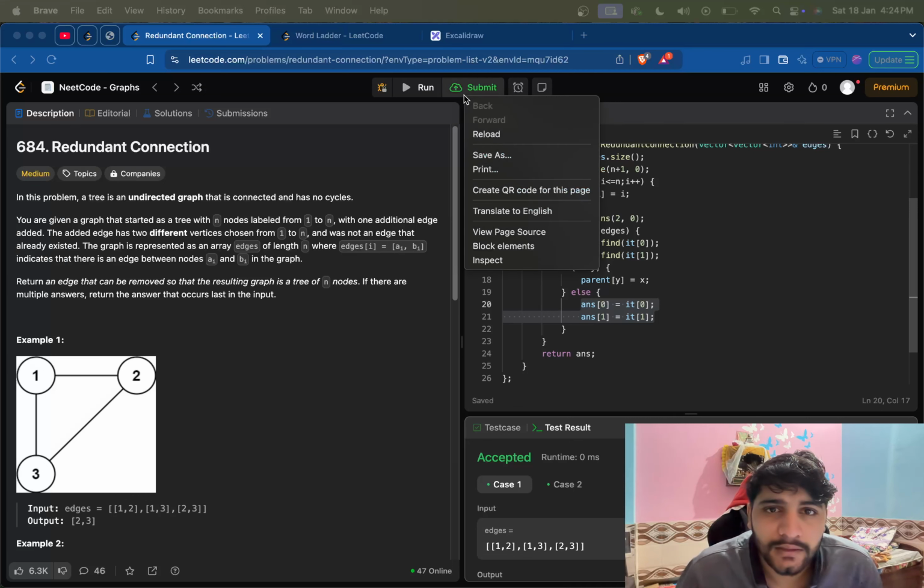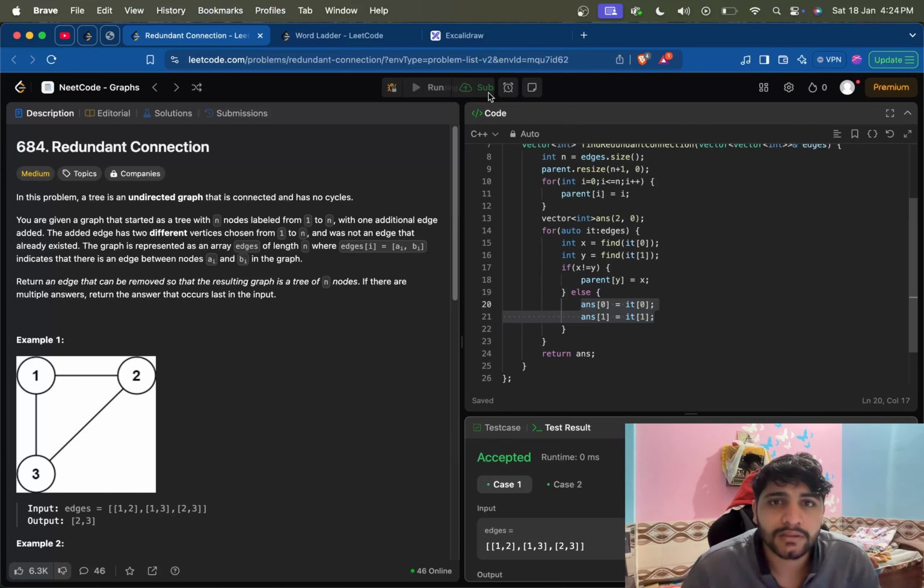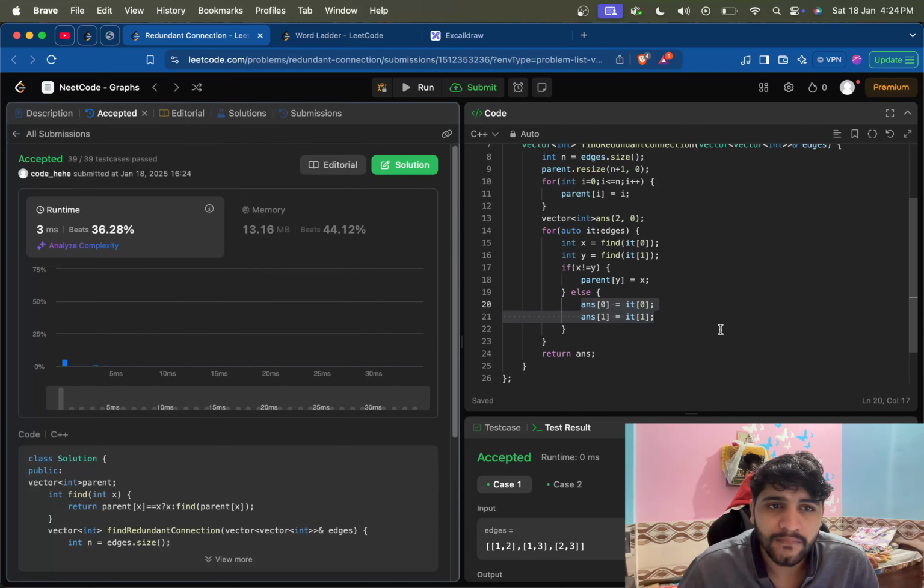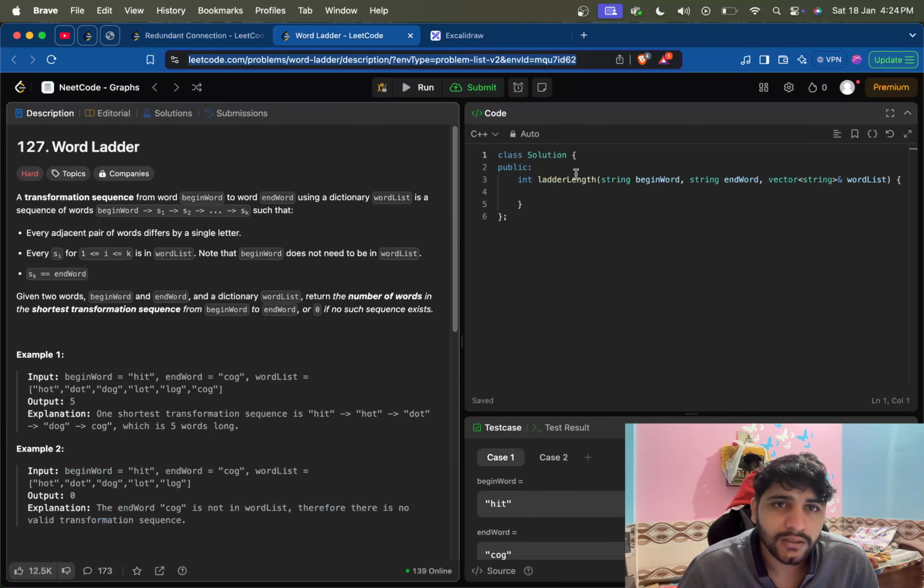Yeah, it's correct. And we try submitting it. It worked. Next is the word ladder, a transformation sequence from word begin word to end word using a dictionary